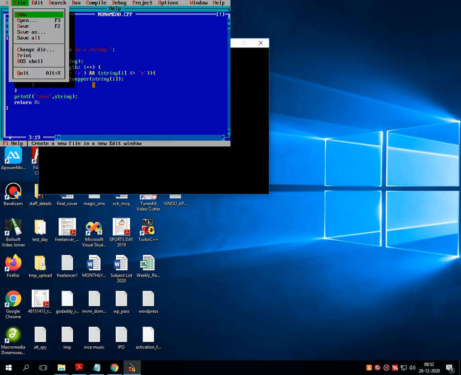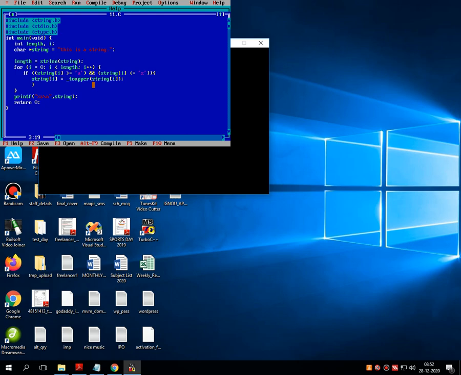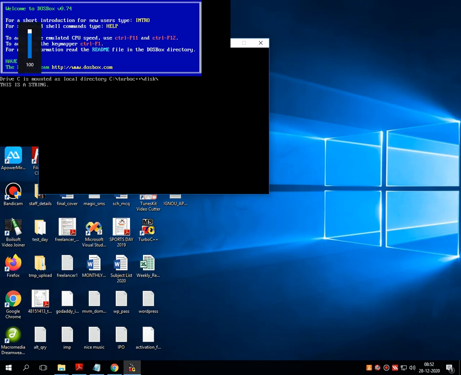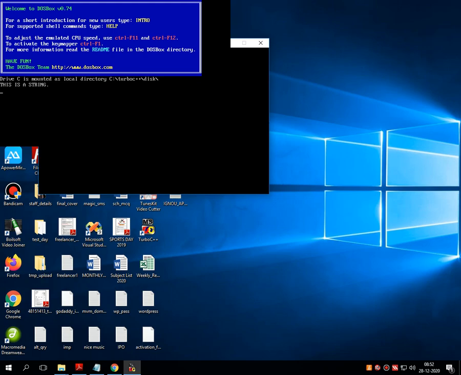Oh, 10.c is already available. Let's save it as 11.c. I'm executing the code and let's see the output. This is a string.